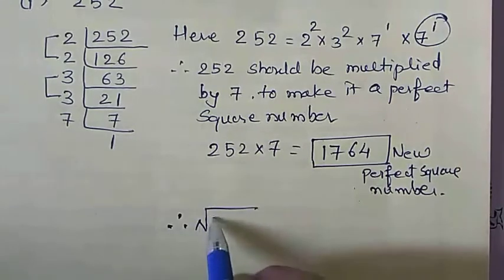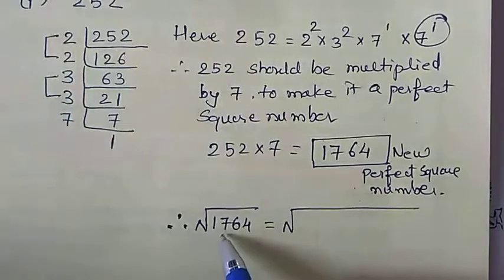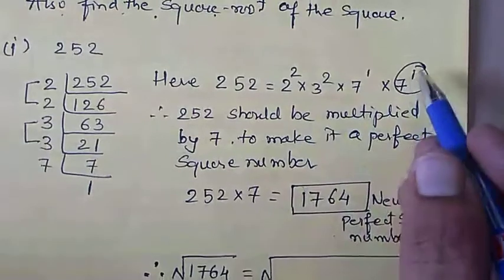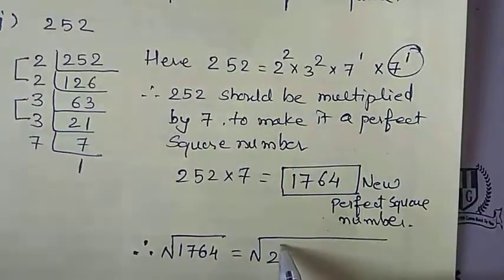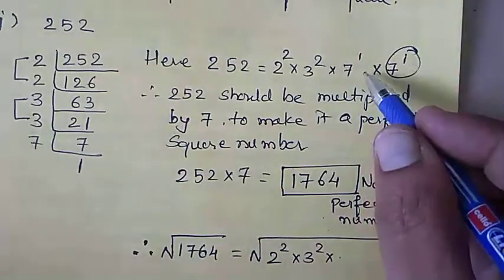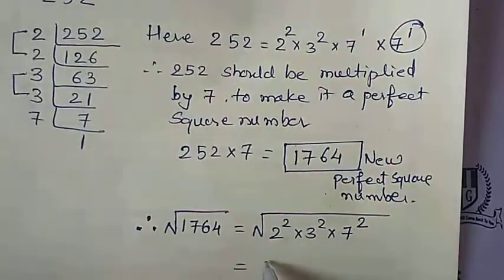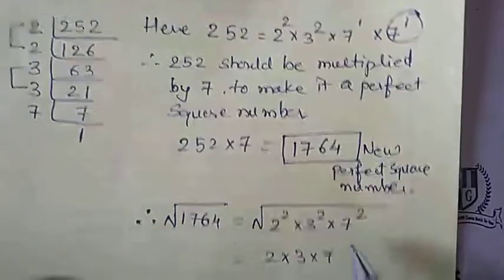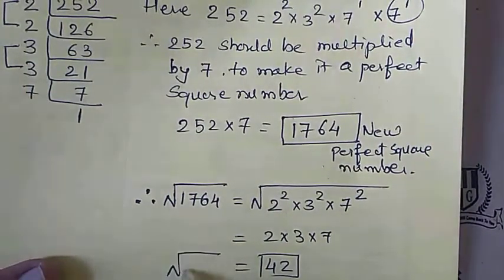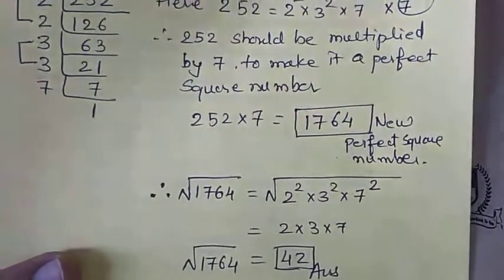So therefore square root of 1764. तो सर हम इसके भी प्राइम फैक्टर्स निकालें? नहीं यार, निकालने की ज़रूरत ही नहीं है. ऑलरेडी यहाँ तक निकाल दे, उसको मल्टीप्लाइड बाय 7. सो 2 स्क्वायर, 3 स्क्वायर और 7 में 1 डाला था ना, 7 में 1 कमी था, मल्टीप्लाइड बाय 7 तो ये मिला. सो इट विल बिकम 7 स्क्वायर. क्लियर? सो 2 into 3 into 7, root get cancelled. So 42. So the square root of the new number 1764 is already with us, that is 42.